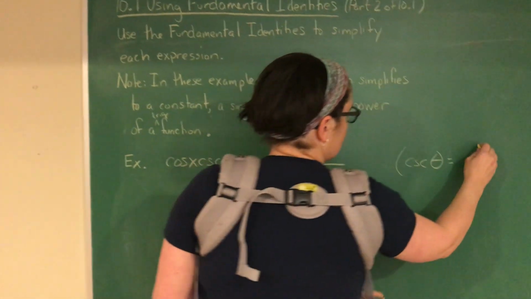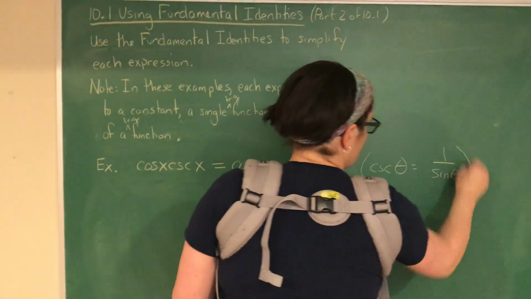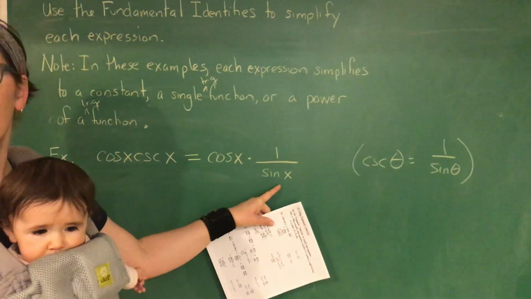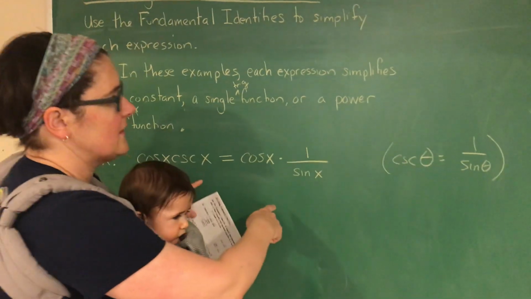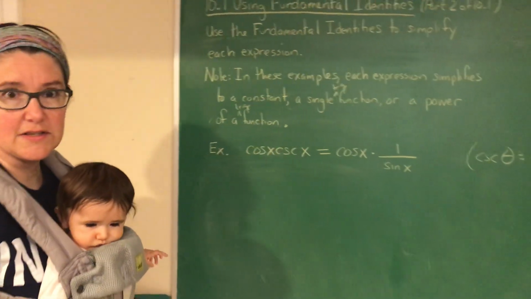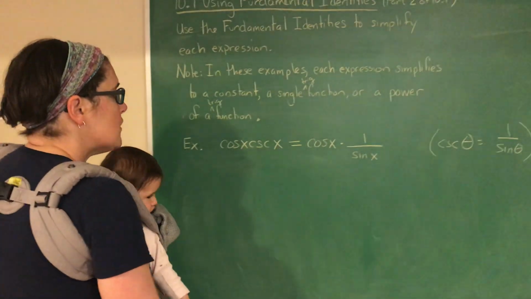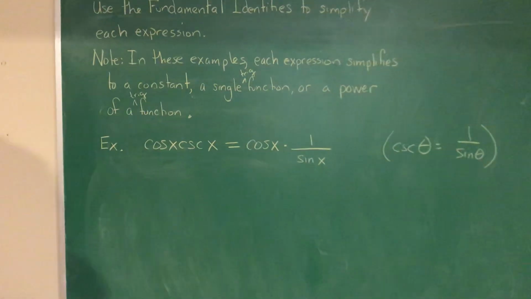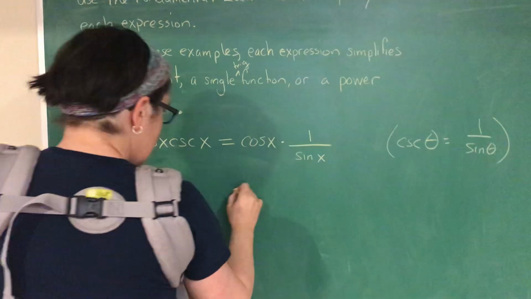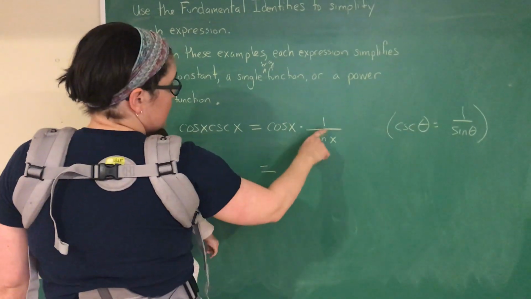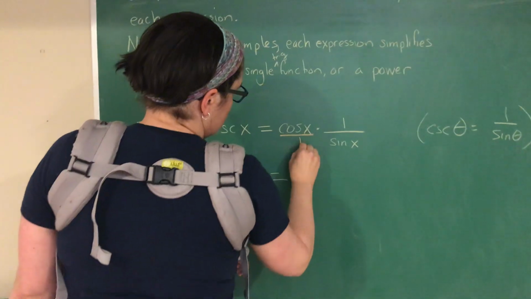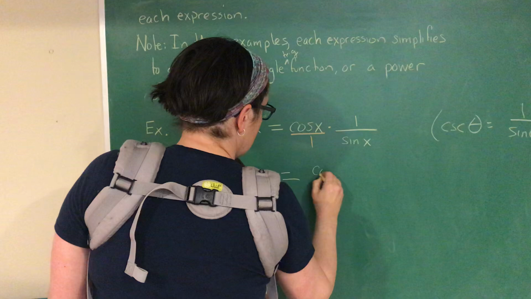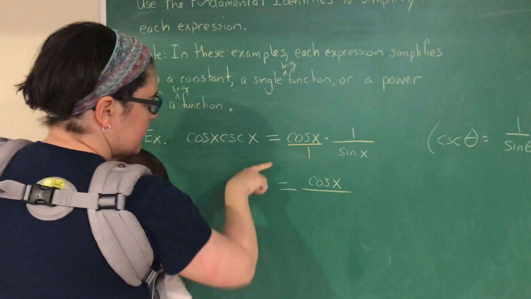Cosecant of theta is 1 over sine theta. So I'm using this identity and replacing cosecant of x with 1 over sine x. Here I have x's instead of thetas. It doesn't matter as long as you're consistent. Okay, so now I look at this and I ask myself, okay, I see cosine of x times 1 over sine of x. Can I combine these? And the answer is, well, yes, I can. I can multiply these. What I want to think about is this is really cosine of x over 1. And now I can multiply across the top, cosine of x, multiply across the bottom,